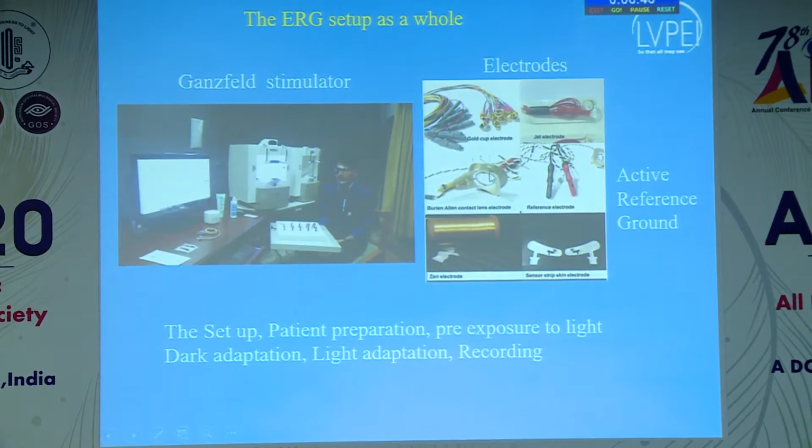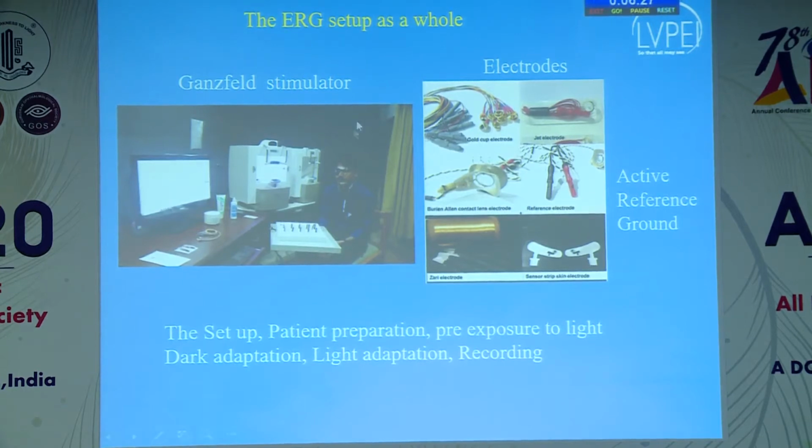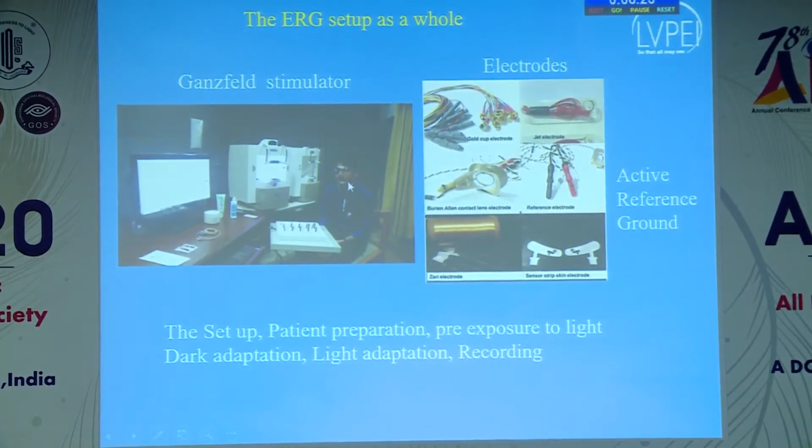The active electrodes include the corneal or skin electrodes. The most commonly used, with steady and consistent recordings, is the Burian-Allen electrode, which is a bipolar electrode where active and reference electrodes are both incorporated within the same unit. As we can see here, the pupils are fully dilated for the maximum area of retina to be stimulated. This is the stimulator, these are the electrodes, and usually